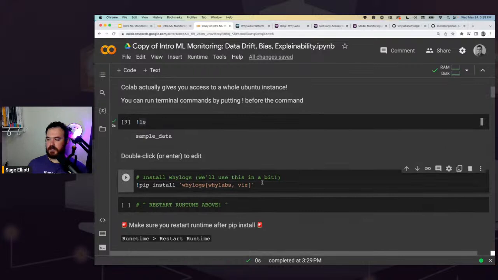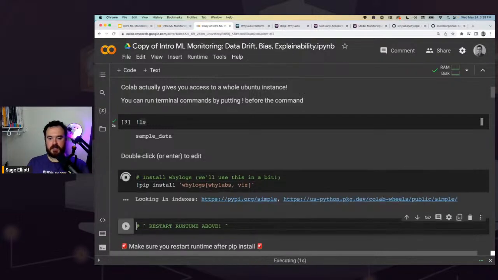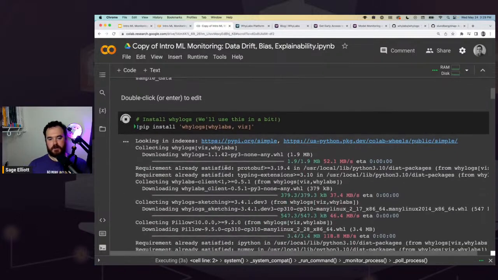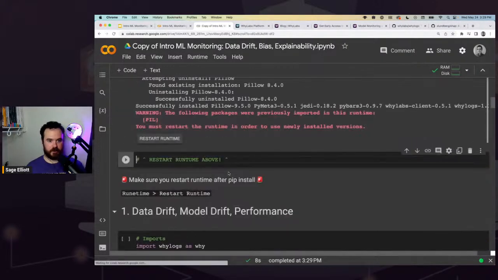So let's go ahead and install one library. We're going to install whylogs, the library we talked about, to start collecting data and AI telemetry in a privacy-preserving way, where we're just creating profiles of our data set, and we'll see what those profiles look like in a second. Go ahead and run this. This is going to pip install whylogs, and we'll see a lot of the requirements are already satisfied because, like I mentioned, Colab comes pre-installed with a whole bunch of libraries like scikit-learn and TensorFlow.